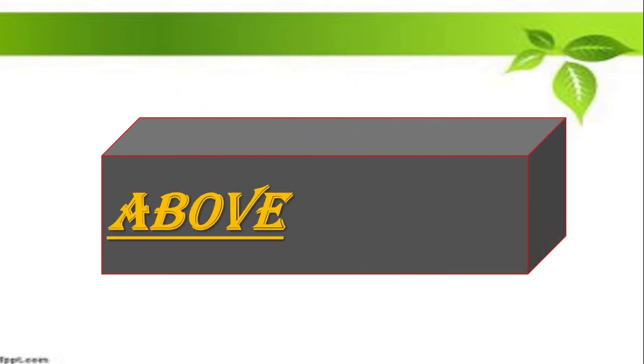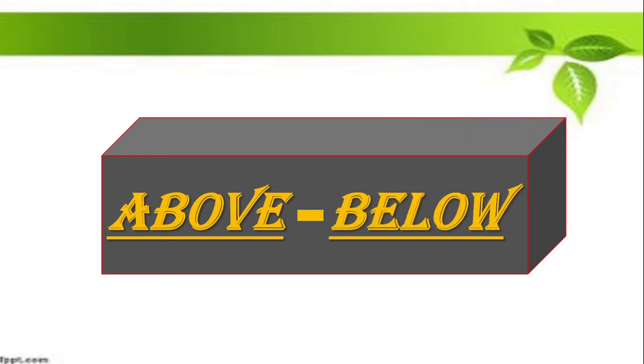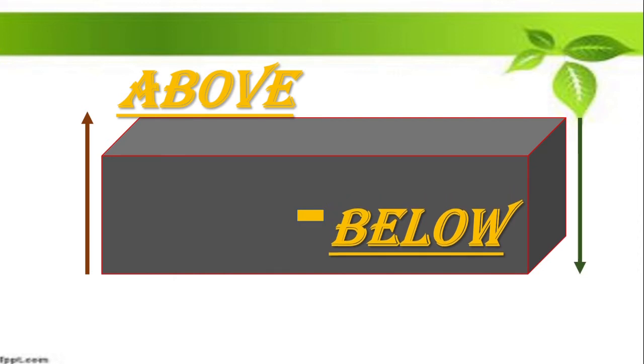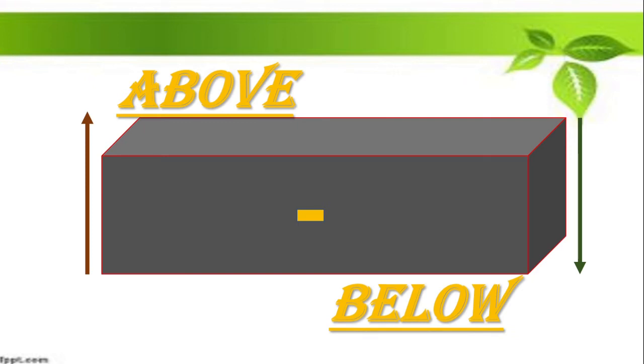These two words are above and below. Now we will try to understand the meaning of these two words by using the pictures. Okay? First see this. Above means, see, where the word goes, we'll see. Yes, above. Upar gaya. Right? We'll see what about this below. The arrow mark is showing go down. So the word is going down. So the meaning of this below is niche. Right? To the next one.